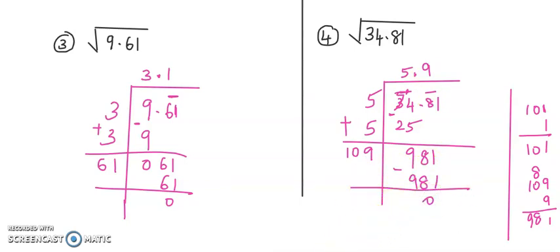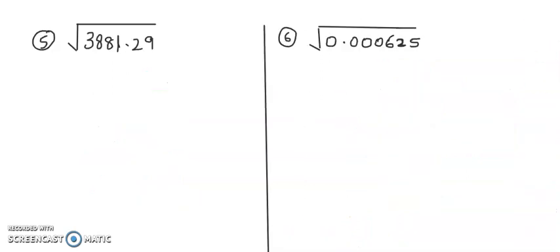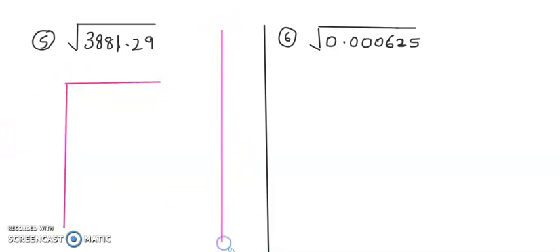Hope I'm clear. Yes? Okay, let's take a little bit more tougher question. So can you see a 6-digit number? Okay, so let me start. Let me take my rough area also. Yeah. So here 3881.29. Now pairing, left side units place, tens place, hundreds place, thousands place. And then here 10th and 100th place together.